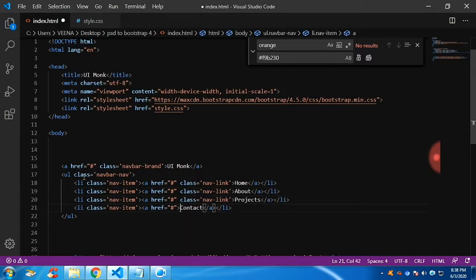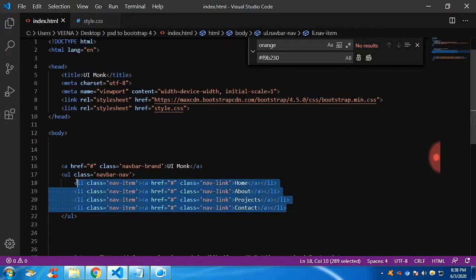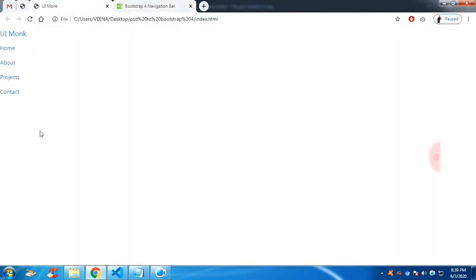Now if you see, there would be a change of color because we have added some styles to it. Let's get into the browser and check. You can see the styles have changed. Now what we need is